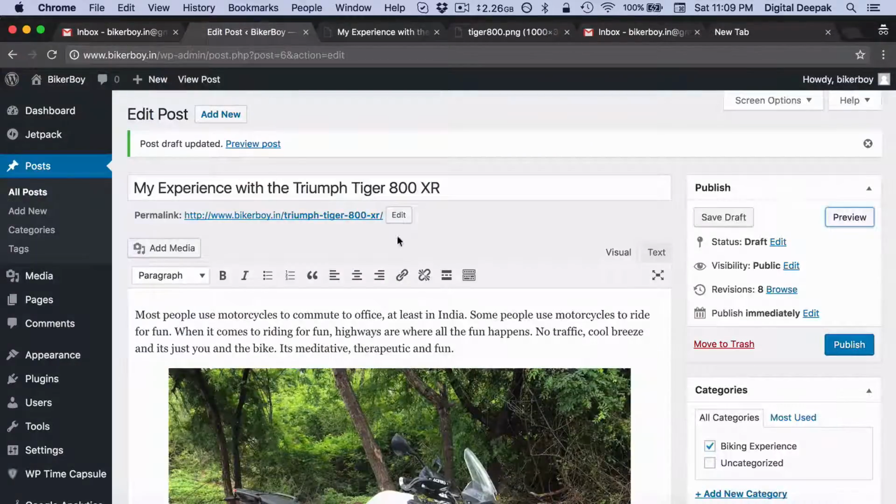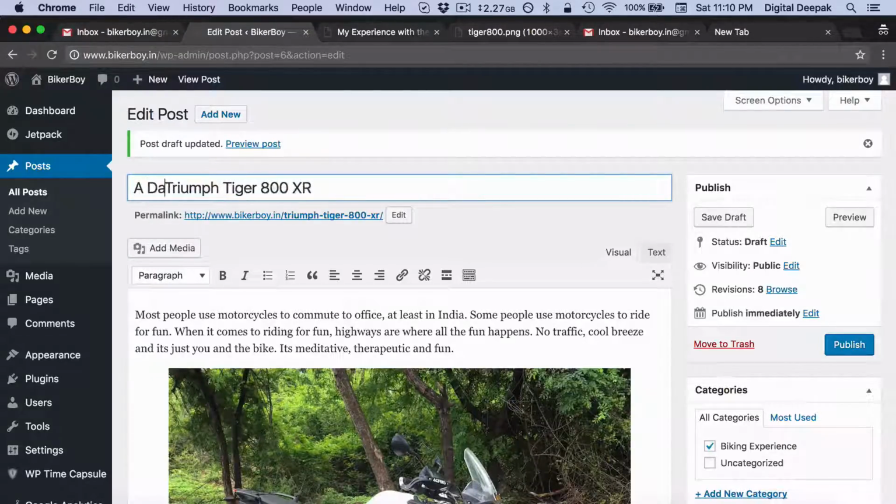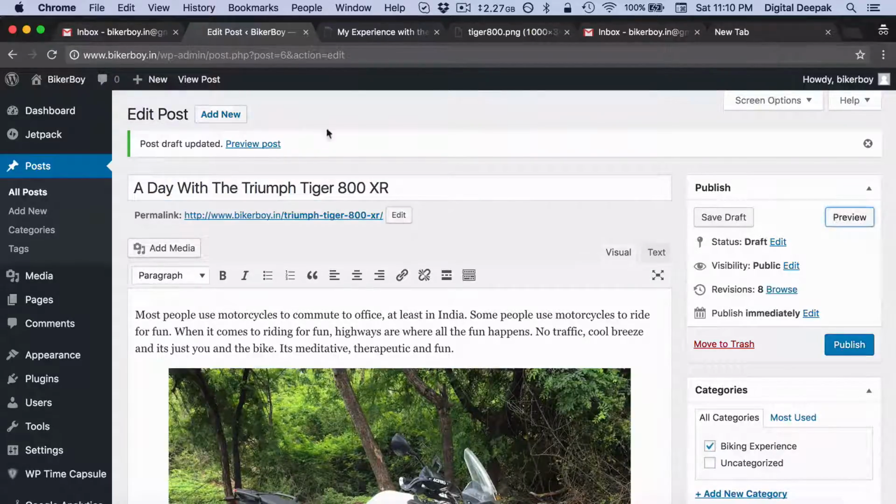I would still want to edit the title to make it a better title. So I can just make the title shorter and more meaningful as well. The reason why I try to keep this very short is because if I decide to change the title later, the words in the URL will not change. In general, the entire title is taken as the URL slug. The system will just put a hyphen between each and every word and put it in the URL.